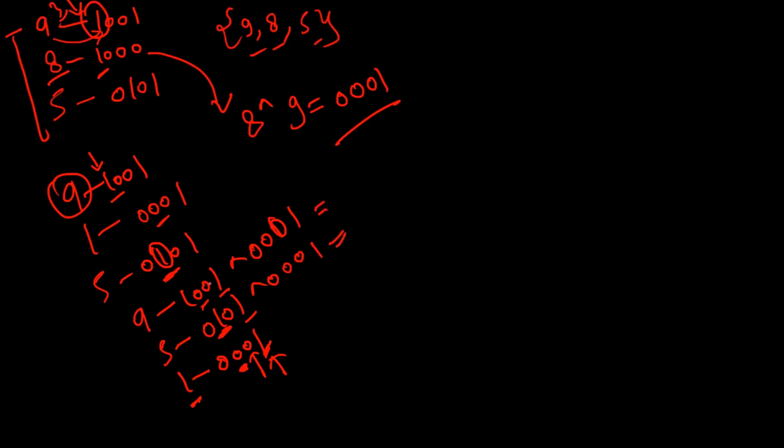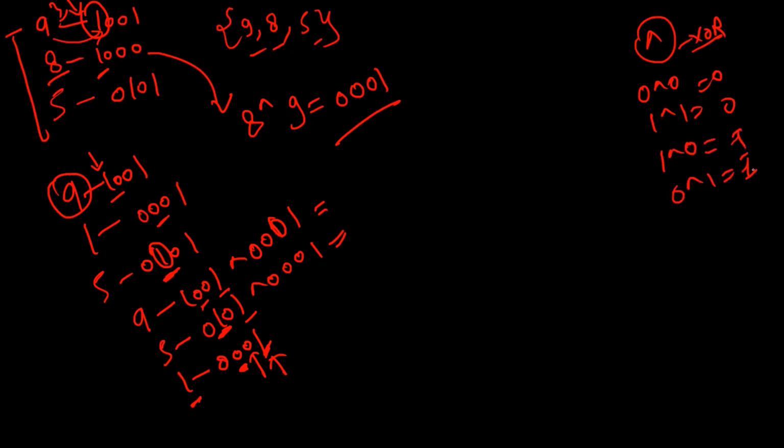Okay. So if you do the XOR operation from here, first of all, let me tell you about XOR in case you are not aware. Mostly you must be. XOR is a bitwise operator basically, and if both the operands are similar, like this one, the output will be 0, and if they are dissimilar, like this one, the output will be 1. I hope that's clear. Okay. So in this case, the output will be 1, 0, 0, because these two bits are dissimilar, and the 0, 0, 1, 0, 0, 1 are similar.